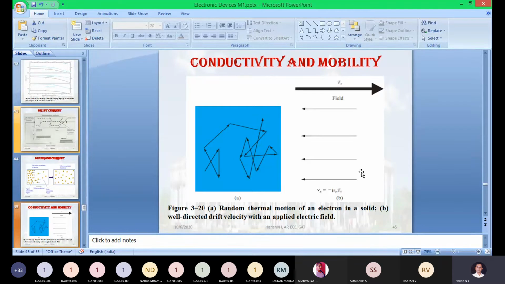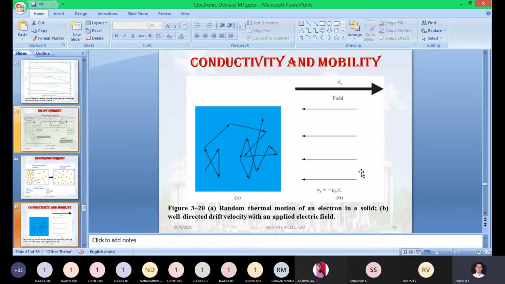In case 2, when the electron starts moving in a particular direction, definitely it will collide with an atom. Collision will happen, due to atoms, or impurity atoms, or some defective state in the semiconducting material. Due to all these parameters, scattering will happen. Scattering means what? In the last class we were discussing two types of scattering: one is impurity scattering, the second one is lattice scattering.